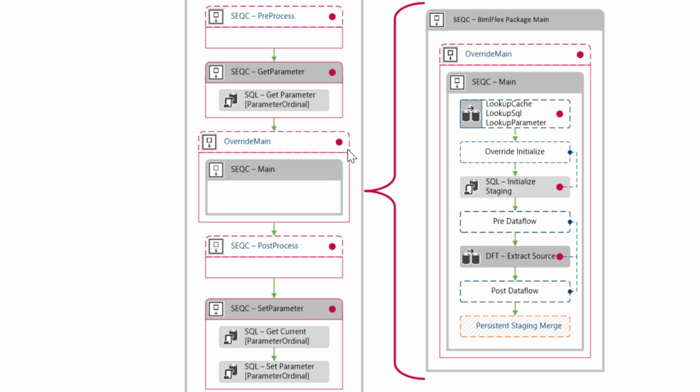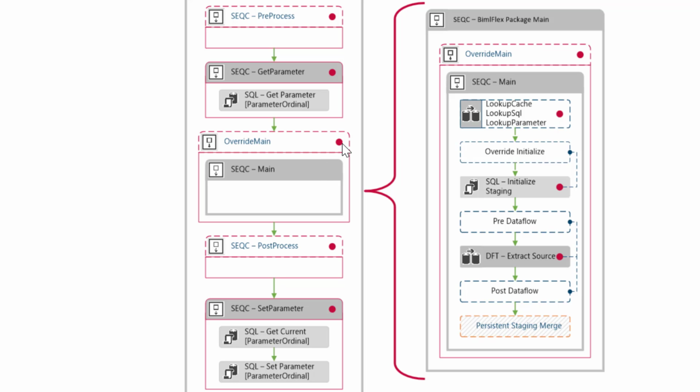Anything marked in these templates with this orange or red color and a dot means that you can have an extension point. So even on a get parameter, you can override our default get parameter process with a get parameters extension point, and the same with set parameter. Override main actually allows you the ability to completely override our custom framework. So you may have a situation where you have such a complex piece of SSIS code or Biml code that it doesn't fit within our framework, but it is only for one table. You may actually decide, instead of using our standard template for that one table,